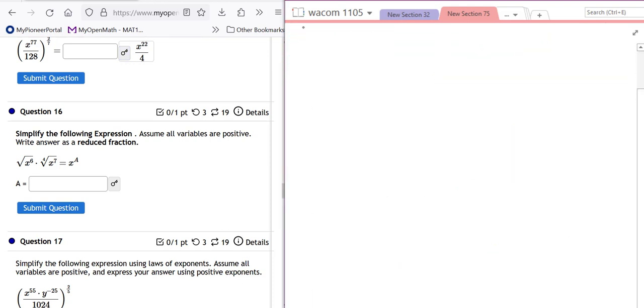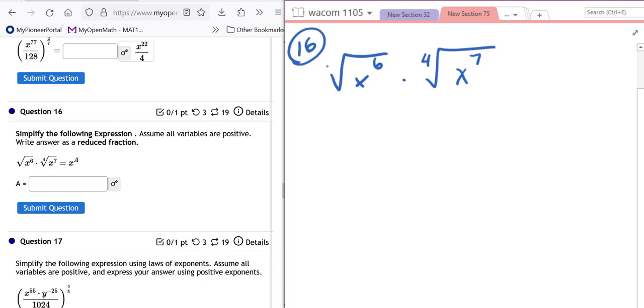All right, this next problem is one of the reasons we have rational exponents. So it is a multiplication of radicals, and if we did not know how to switch this to rational exponents, we could not do it, because to multiply, the index has to be the same. So we can switch it, and so this is x, right, and this is a square root, so that's the index. This is actually 6 over 3, which is 2,